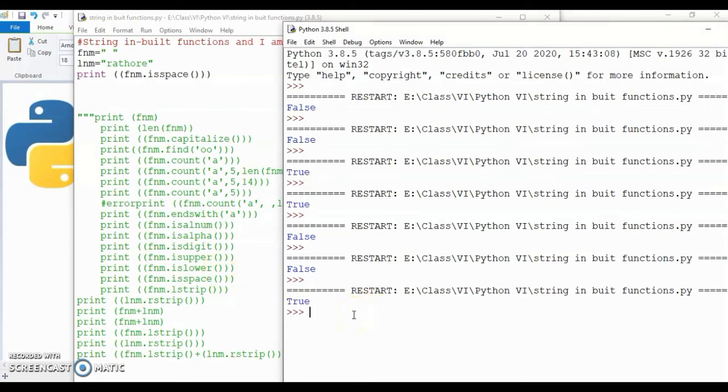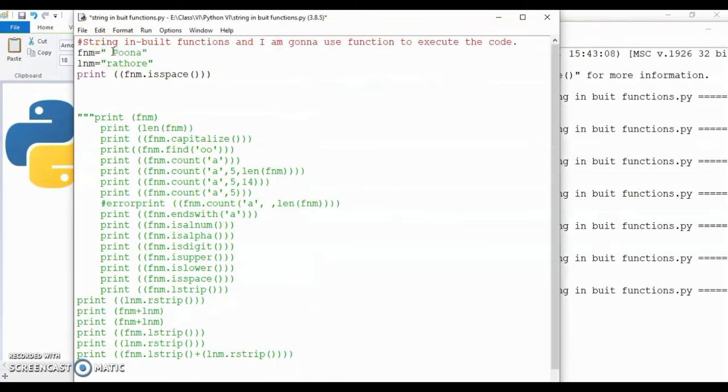Now next is if the user leaves some spaces while entering the data. Like I have given the space before my first name and I also have given some space after my surname. So you can check it with the lstrip function and rstrip function. lstrip means left hand side and r is for the right hand side. You can remove the left spaces with the help of the lstrip function, and if there are spaces on the right side, that you can remove with the help of the rstrip function.